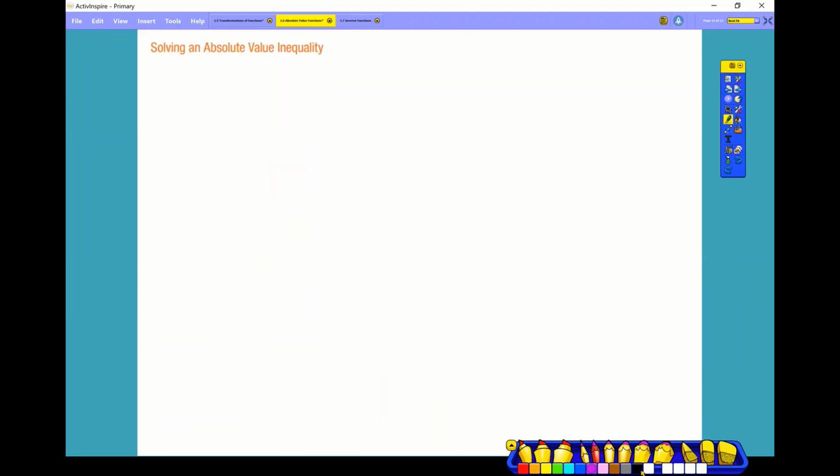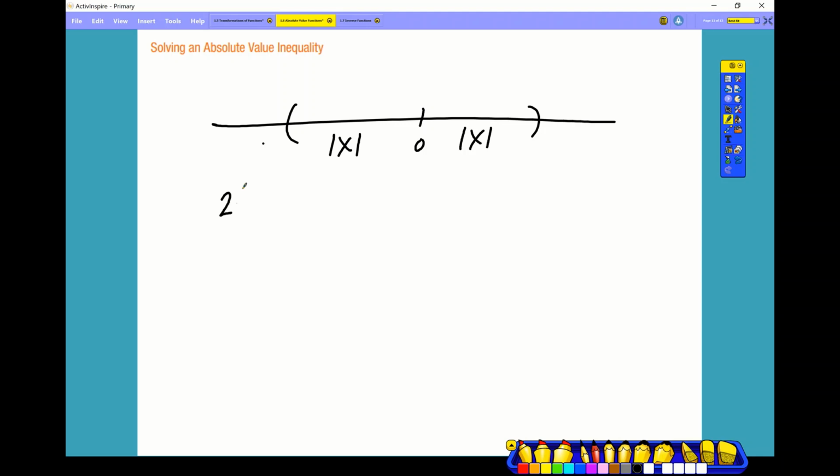So now, solving absolute value inequalities. These are ones that can be thought of also like on a number line. This is the absolute value of x, this is the absolute value of x. Now the way we're going to go about solving these is, I'll go over it here and I'm sure I'll go over it again later in the video, is you're going